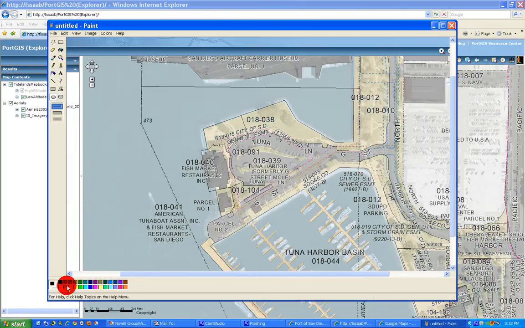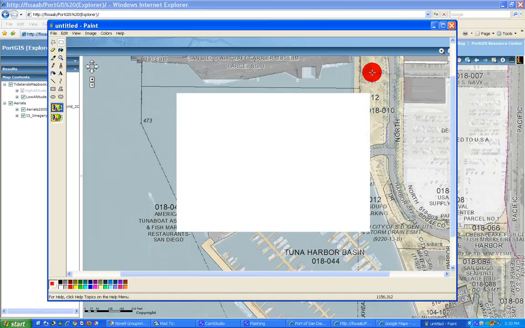Circle, outline, red, and that middle width. Okay, and we want to identify that it's just right in this area. Okay, I think that's clear enough. And then let's crop it here, and we want to keep these words in, and let's go all the way over here so they know specifically it's Tuna Harbor. If we're zoomed in too much, they might not see the area that we're talking about. So how about just like that, and then right click, cut,